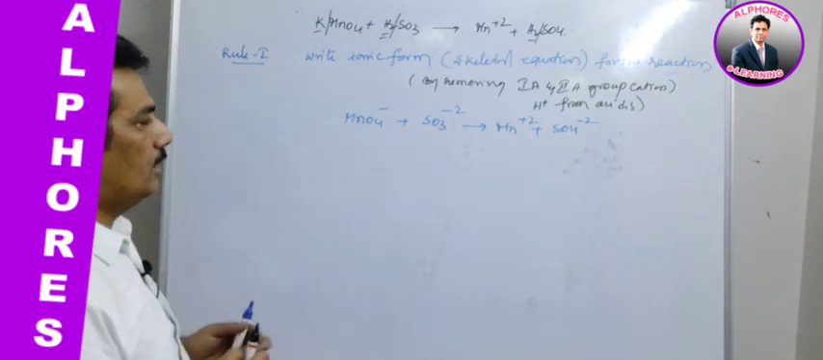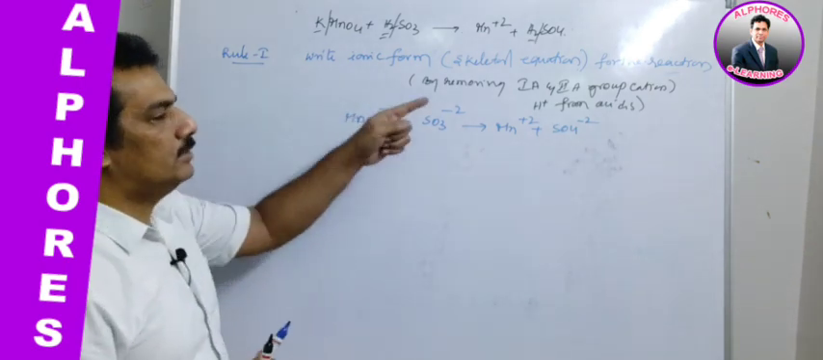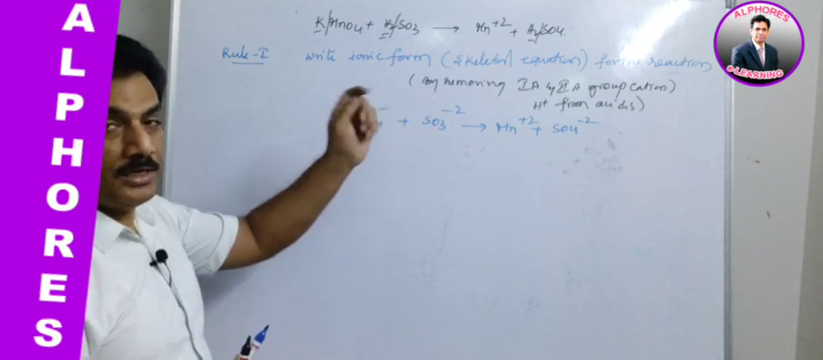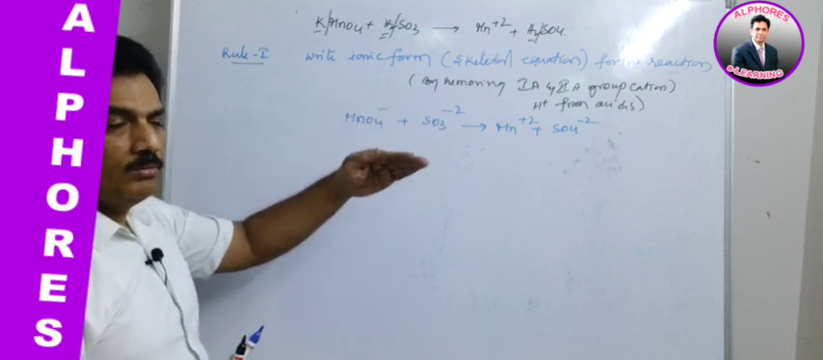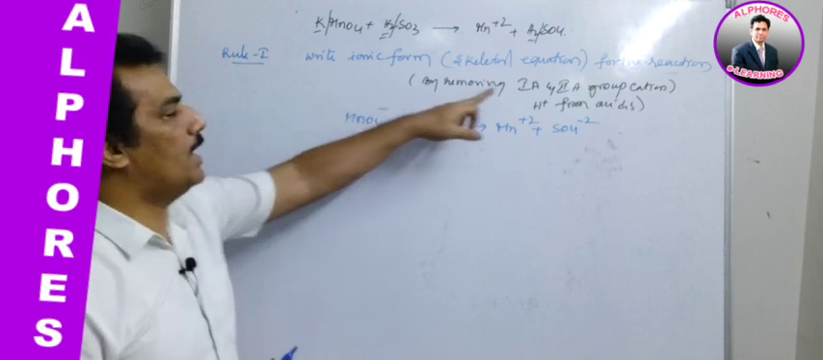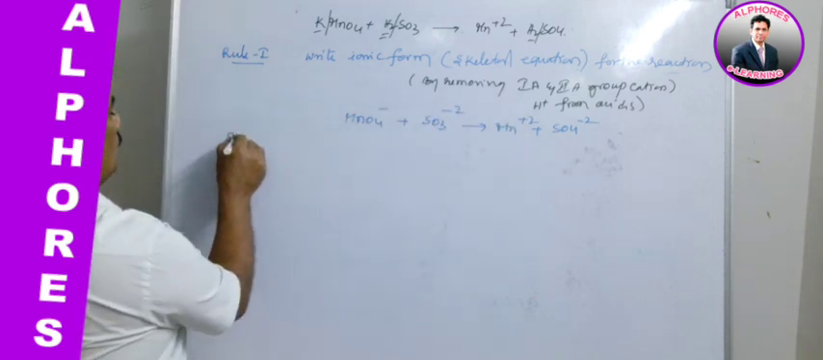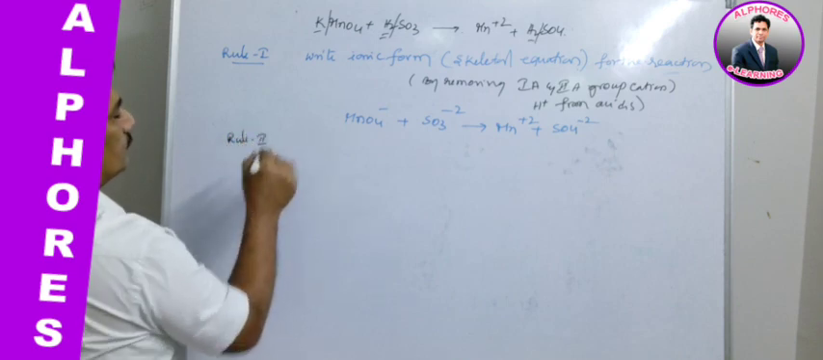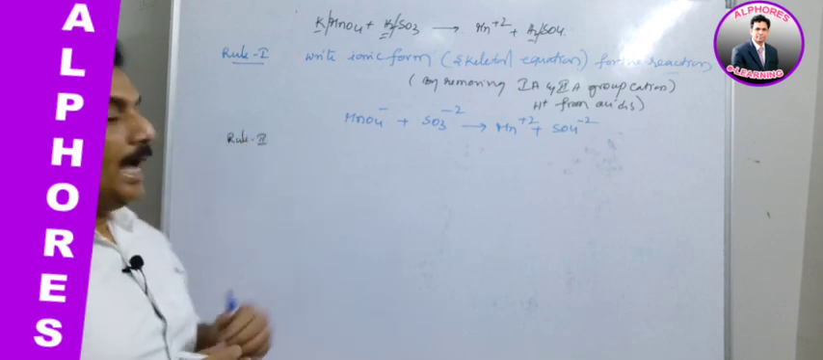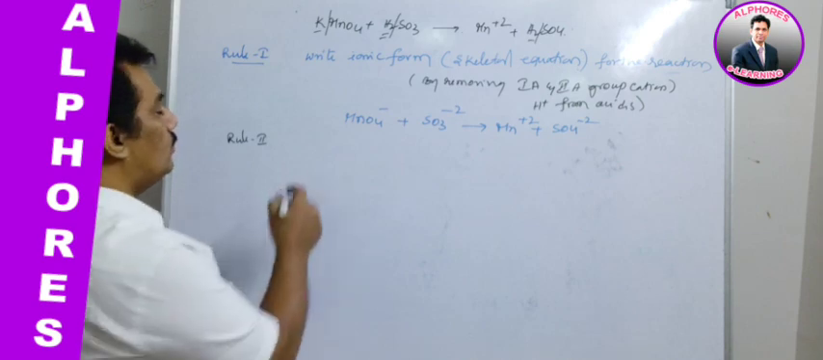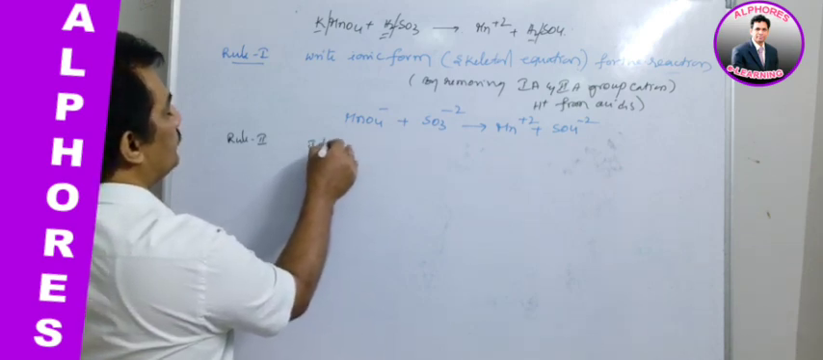That is rule 1. What it is considering is writing ionic form. How? By removing the specific ions. Clear? And now coming to rule 2. Rule number 2. As per this rule, we have to identify